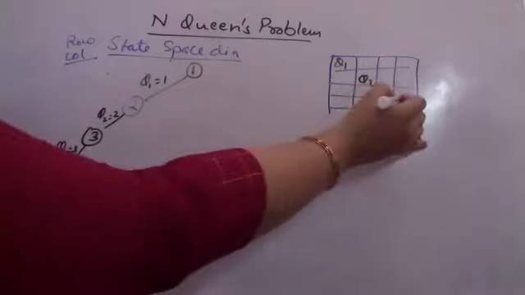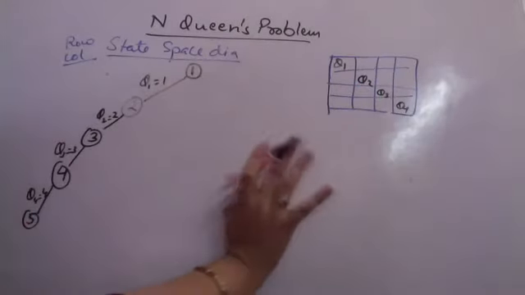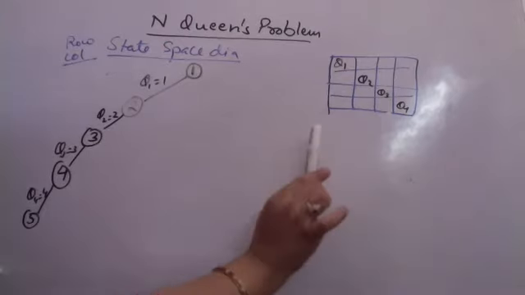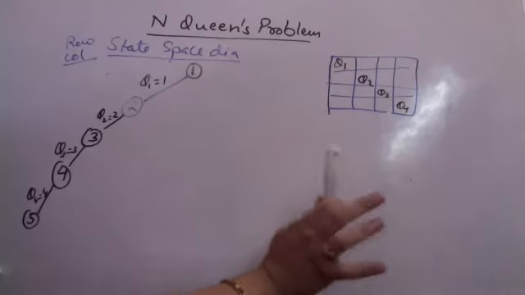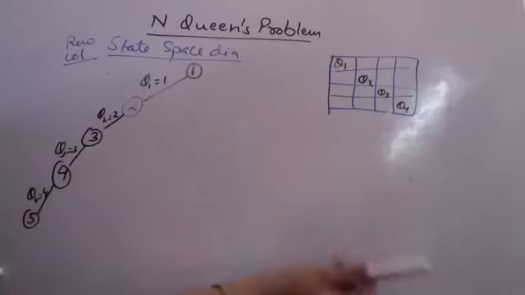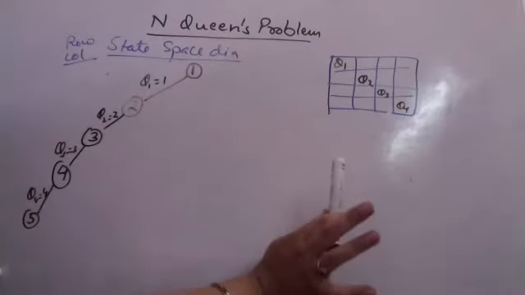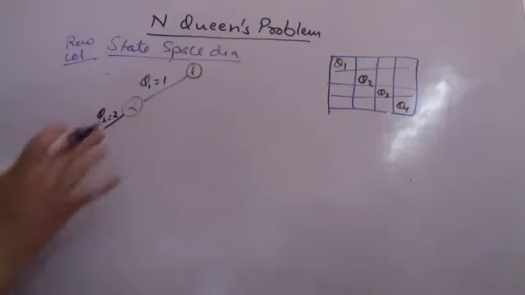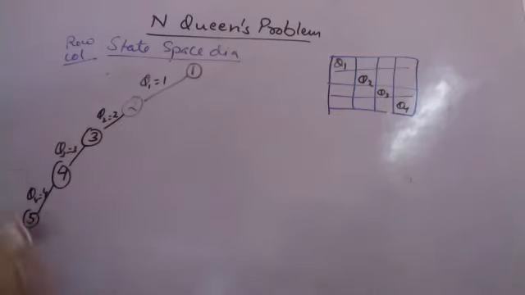Now this has given me one solution. Whether the solution is feasible or not, we will check later. But this is one possible solution where all the queens are in different rows and different columns. They are definitely under attack. So this is not a feasible solution, but this is one possible solution. So we will now backtrack and try to generate more solutions.